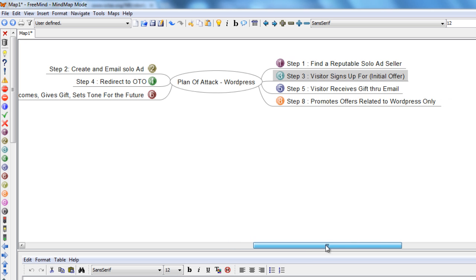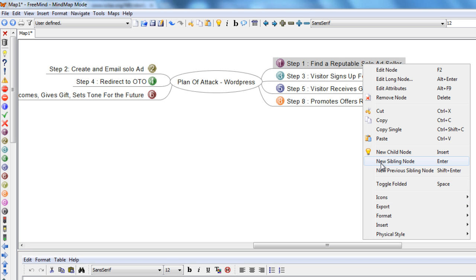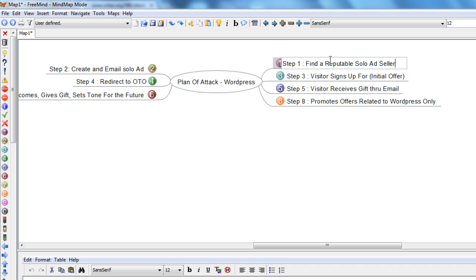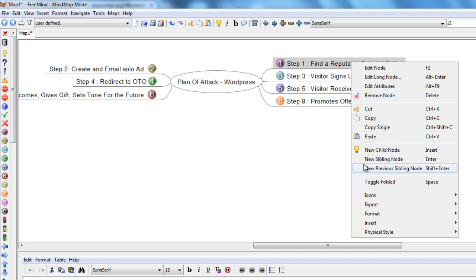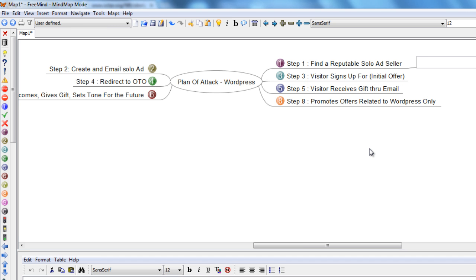Now what we can do is we can start adding to the Mindmap. So for example, when you say find a reputable solo ad seller, you could do a child node, you could do a sibling node. But in this case, I'm going to do a child node. And what I recommend that you do is when you find a good reputable solo ad seller, make sure that you put website,